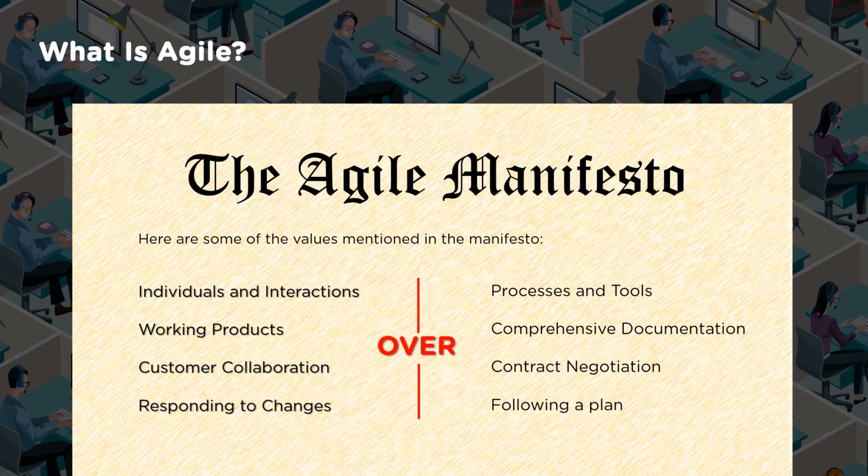So, next is working products or comprehensive documentation. So when we say comprehensive documentation, as I mentioned in the waterfall methodology, during the requirement gathering and during designing, there is a detailed documentation which is made, which takes a lot of effort in creating. Now while delivering, the challenge anyone faced was the changes coming up and making changes to these documentations, which is an additional effort.